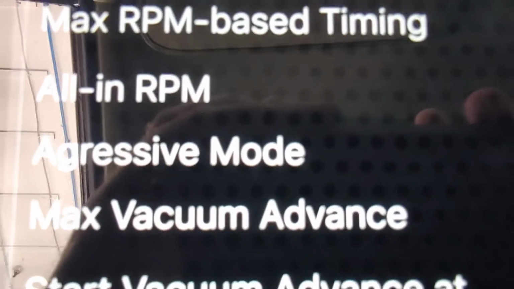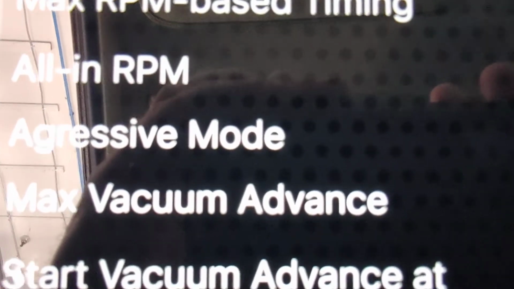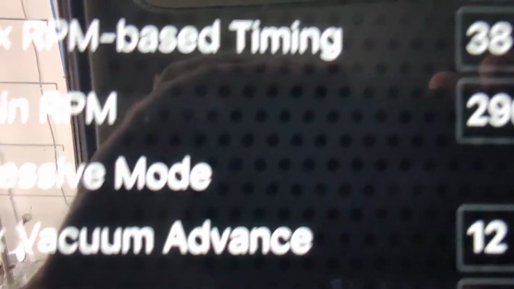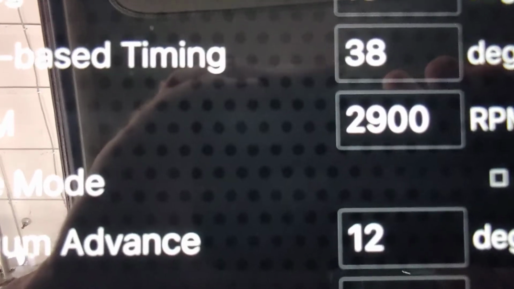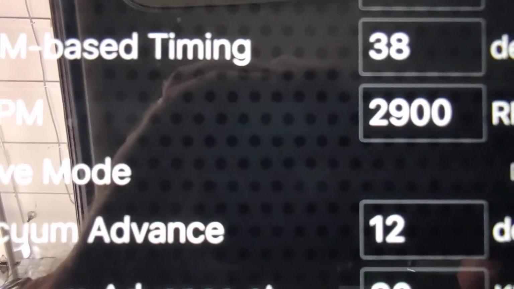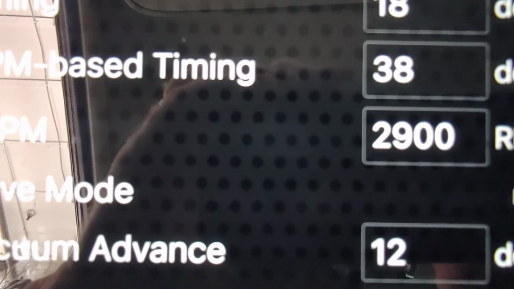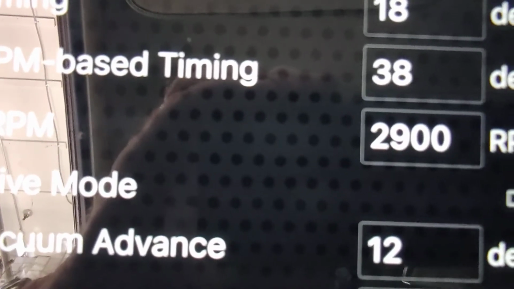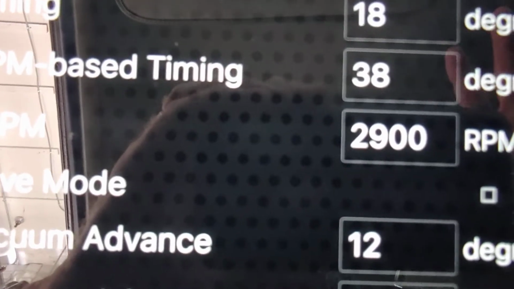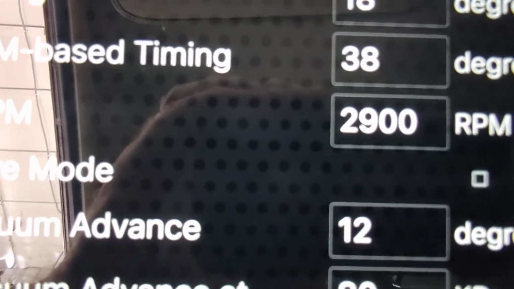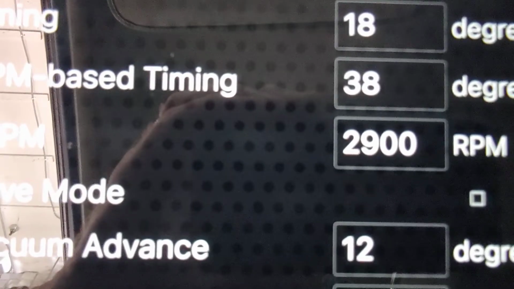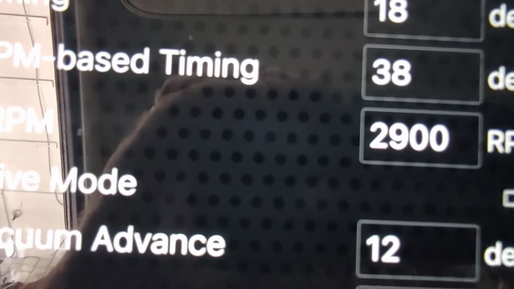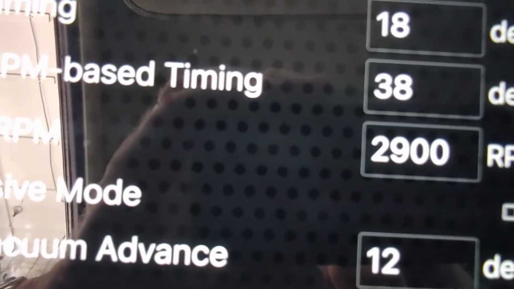Now here you go down and you got maximum advance. And like we were talking yesterday, the maximum advance, that's your vacuum advance, okay? I've got it set at 12 degrees for this car. You add the 38 to the 12, you get 50. You shouldn't exceed 50. Some engines will take 51, 52, 53, but usually 50 degrees is the standard. So if you had 36 degrees here at total timing, you could add 14 degrees on your